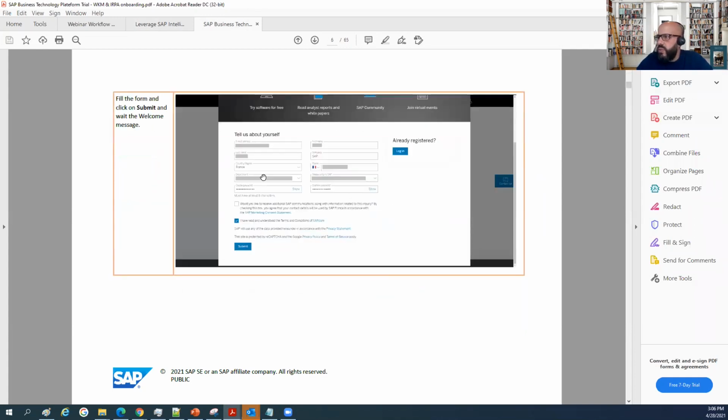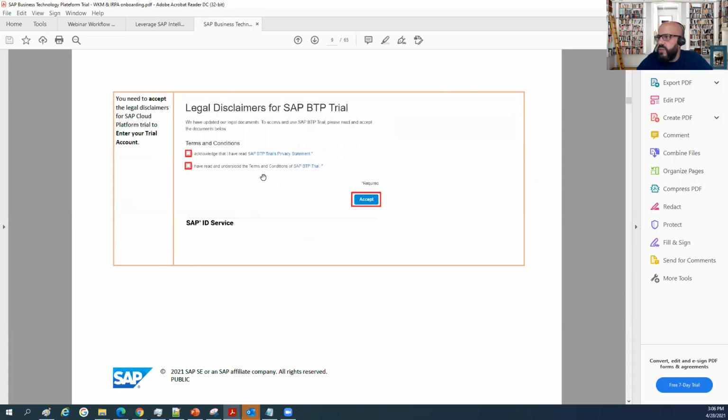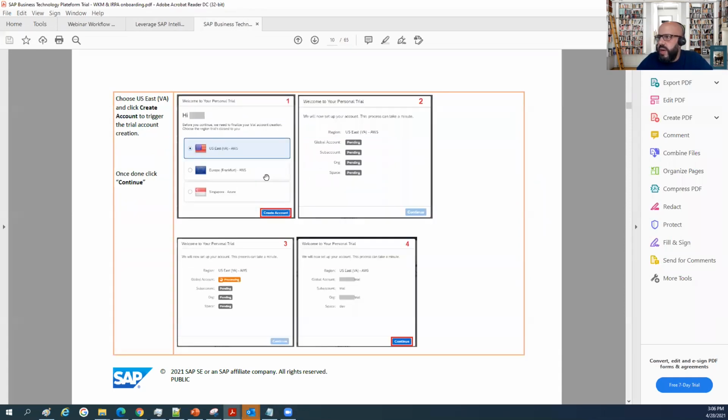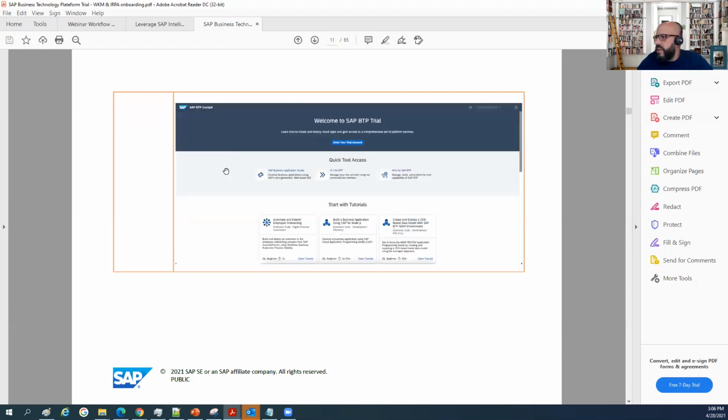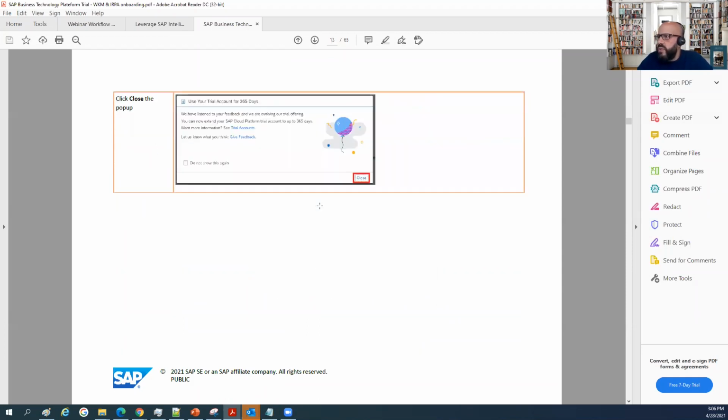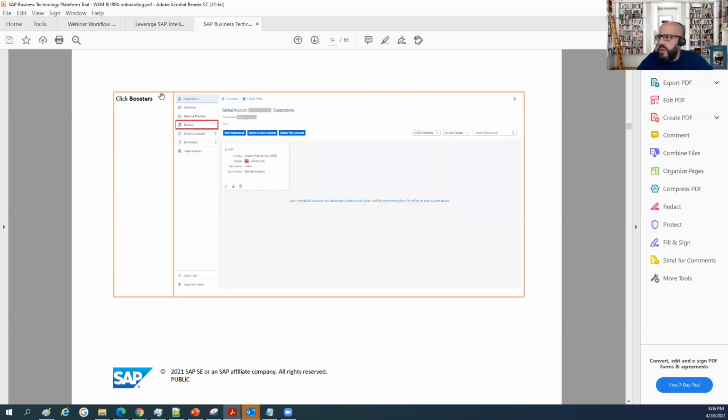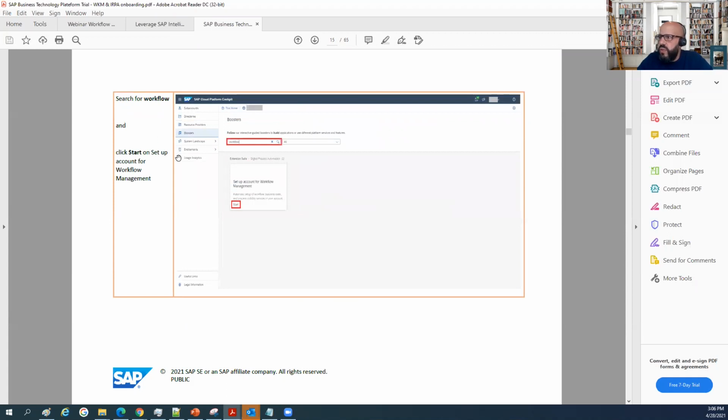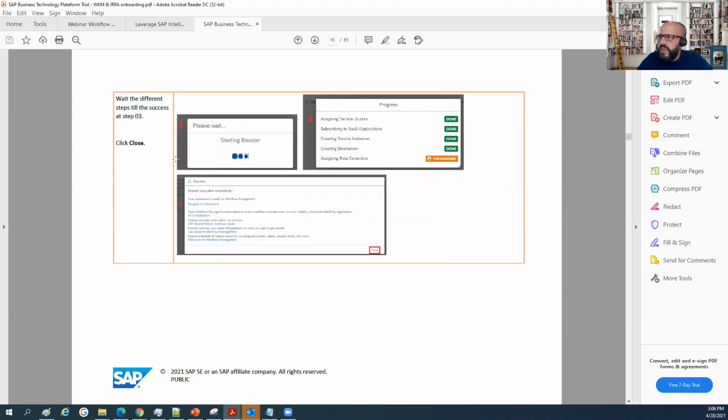It explains all the steps to do in order to have your landscape, preferably if you run it in the US landscape. So you create your trial and then you subscribe to the booster for workflow, and then subscribe